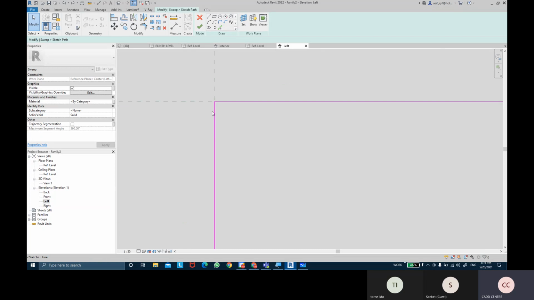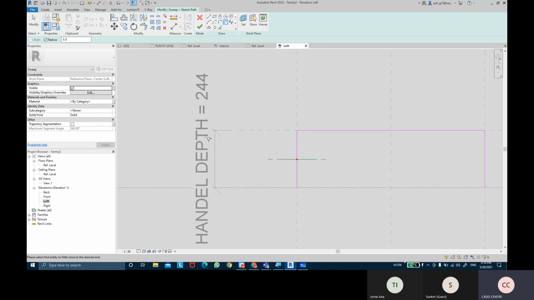You can see there is no fillet over here. So in the sketch path tool, you have this tool called fillet arc. When I take fillet arc, in the option bar we have this radius option. We need to turn it on and provide the radius at which you want to curve or bend it. So I'm going to give 3 mm over here. If you want 5 mm, you can take 5 mm. Pick this line and this line, and it's going to give a radius there, and same over here, this sketch line and this sketch line, and it's done. So we have those bends applied.